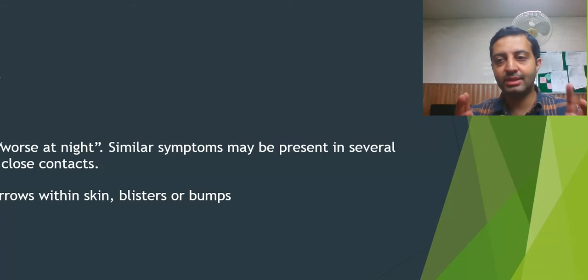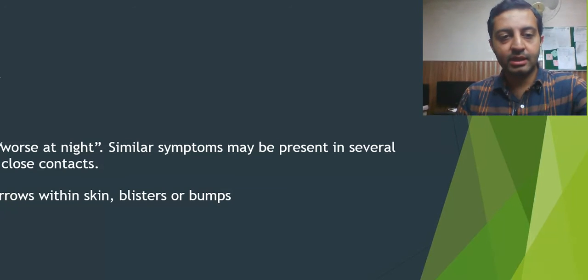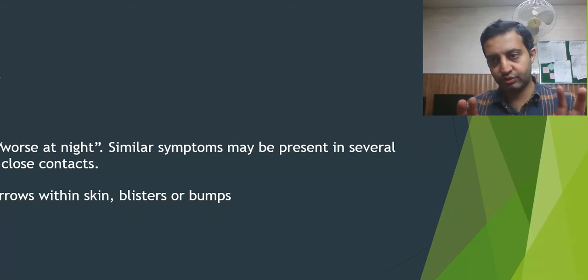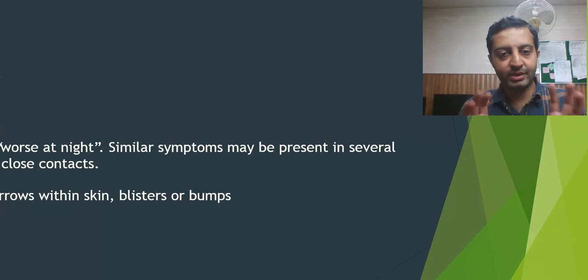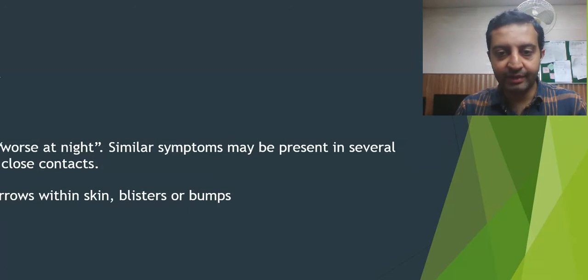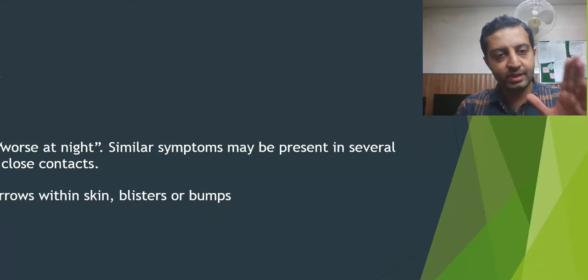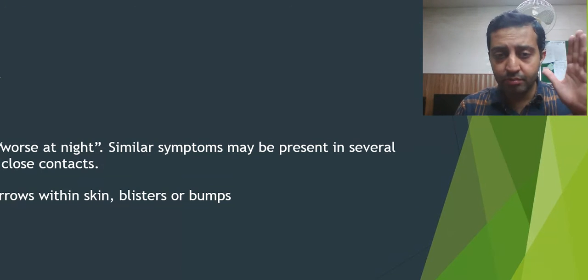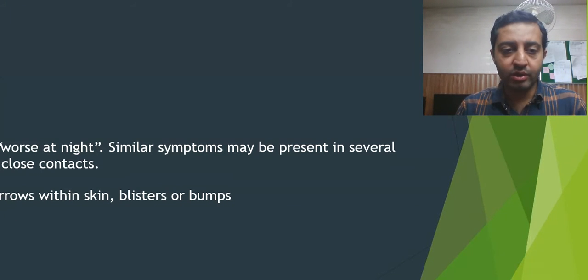So as we have seen in the clinical scenario, the predominant symptom of this infection is severe itching at the area that has been affected. It can be the axilla, the groin areas, chest, abdomen, back, and the interdigital spaces of hand and feet. The characteristic of this itching is that it worsens at night. It becomes more severe at night than in the morning,